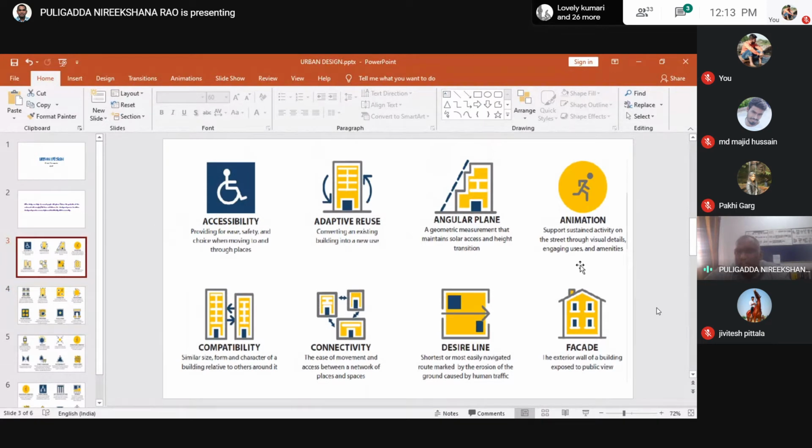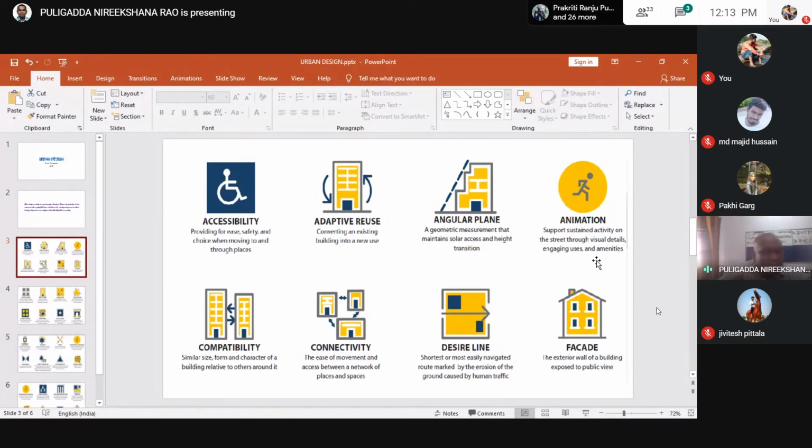Animation is identifying the features which are going through the various spaces. Suppose here it is saying support sustained activity on street through visual details.